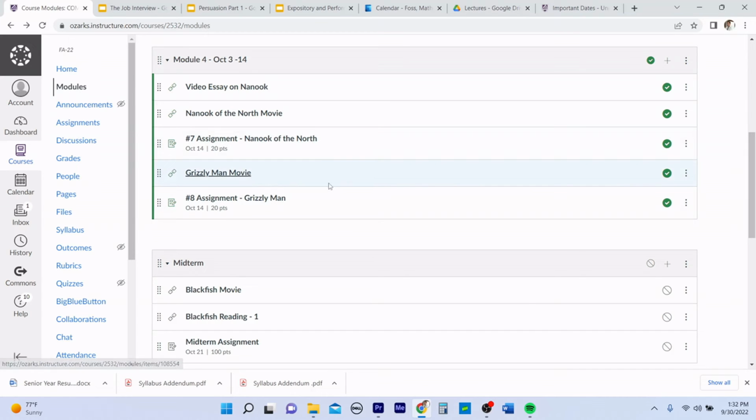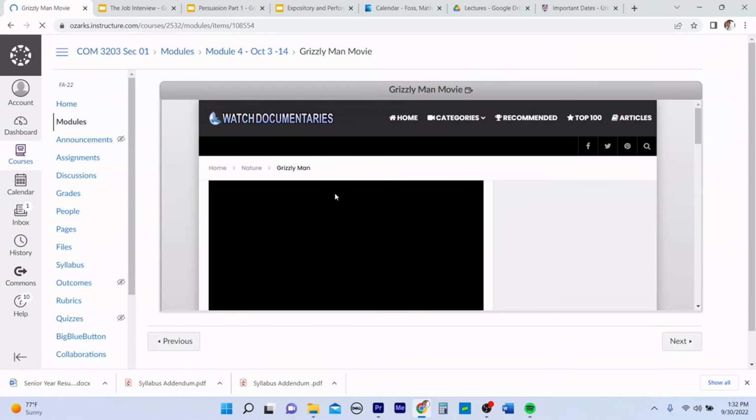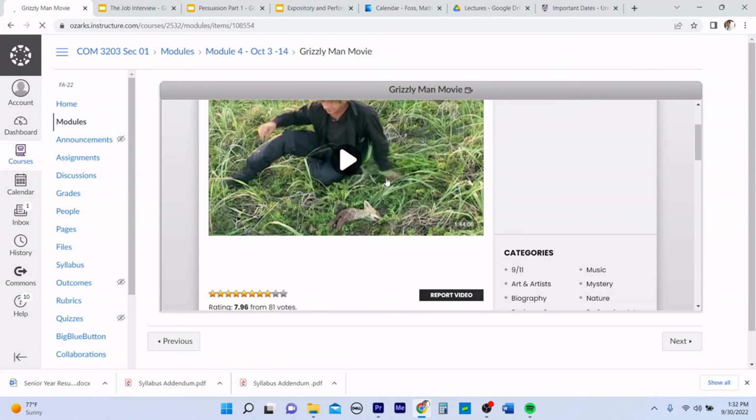It has an interesting amount of reflexive, expository, and performative aspects to it, which is why I thought this would be a good one. I was having a hard time finding one that I thought would work, but certainly this is a great example. This is Werner Herzog, great filmmaker. He actually was in Arkansas not long ago at UCA. I didn't get a chance to see it, but anyway, let me know if the link's not working.